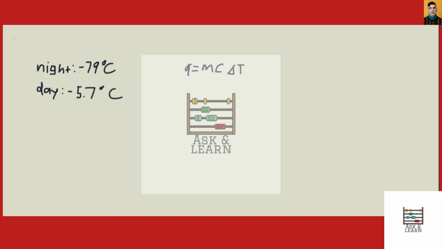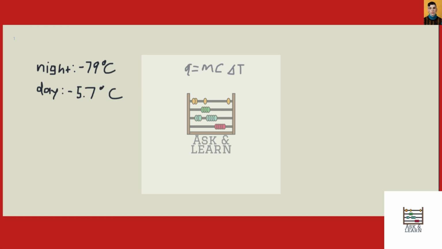So let's focus specifically on the C. The C is our heat capacity. So when we have a substance, it will absorb heat to varying degrees. The ability of it to absorb that heat is going to be based on its heat capacity. We can think of this in terms of the atmosphere, because the atmosphere absorbs energy and causes it to lose energy. So remember, heat capacity is the amount of energy needed to